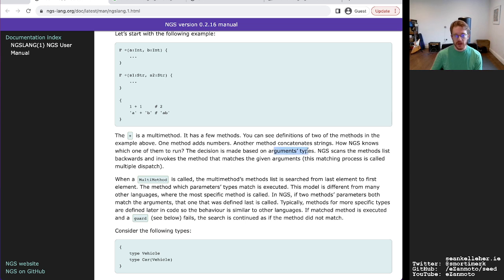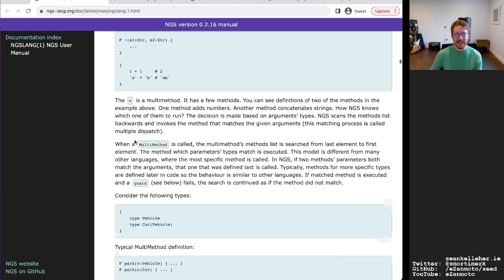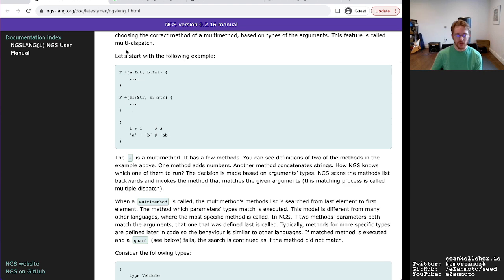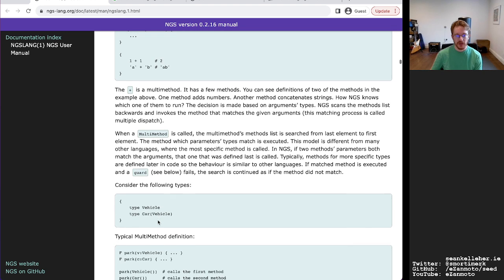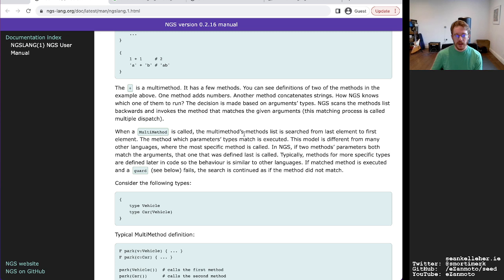Based on all of the argument types, it scans the methods list backwards, so it goes from the bottom to the top, to decide which one gets run. So the methods list from last element to first.